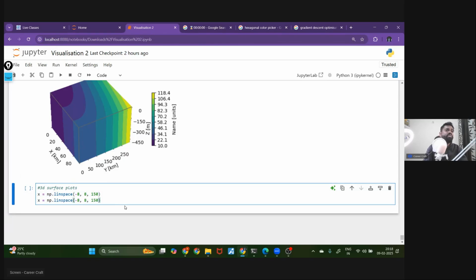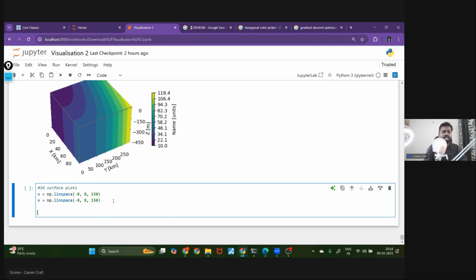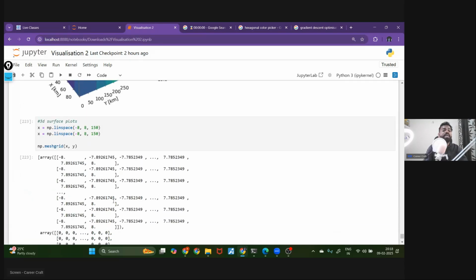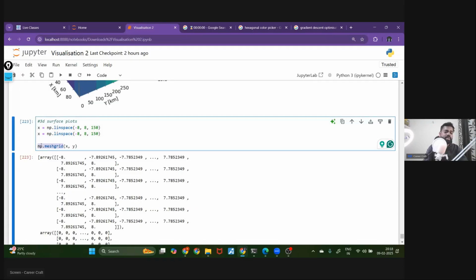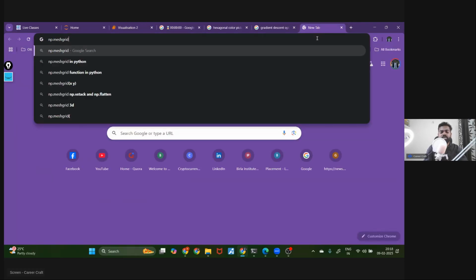Now guys, if you remember, I explained one concept: numpy meshgrid. Now you will just pass x and y. So what will it give you? It will give you some coordinates. So what is this np.meshgrid? It gives you a matrix. If you just Google np.meshgrid,